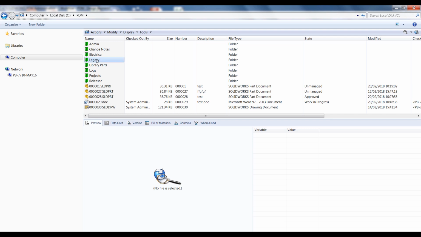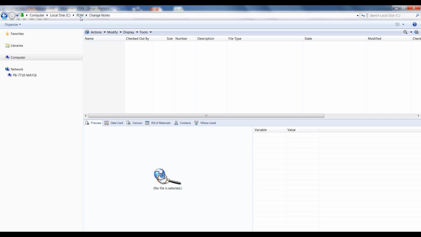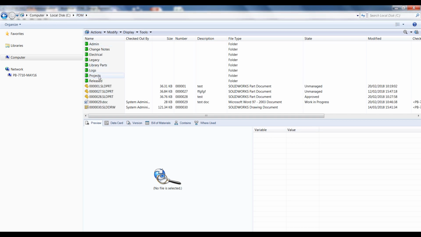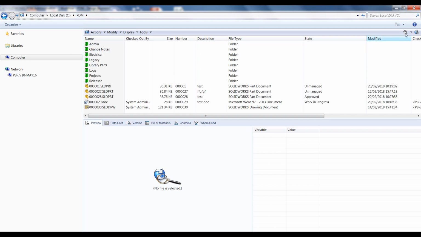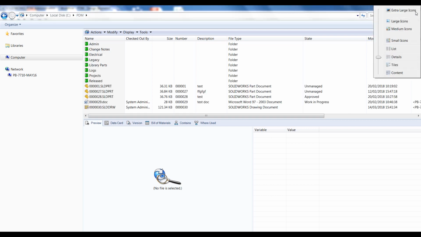But quite often what you might find is as you go into a folder, sometimes PDM doesn't remember, or Windows rather, doesn't remember what you've specified as the details view. So to get it to stick, as it were, the easiest way is to go back to the root level of the vault, set it to whichever you want, whether it's large icons or tiles, or in this case,